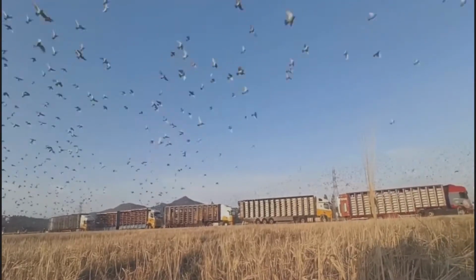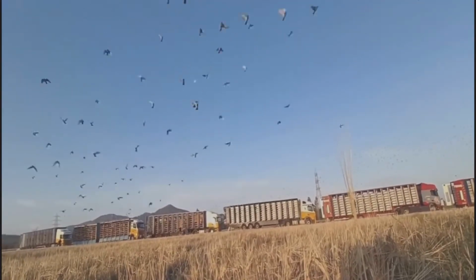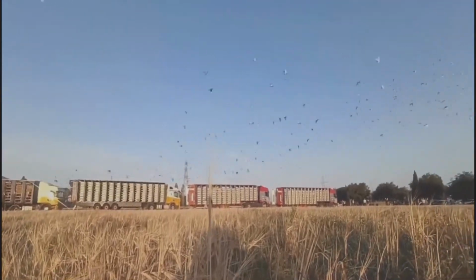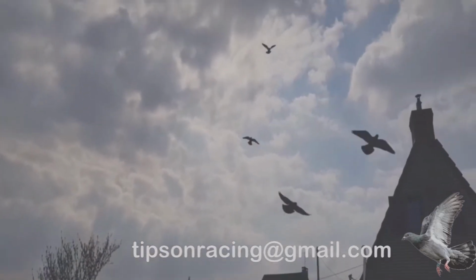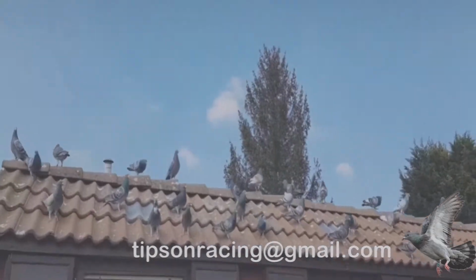1. Introduction to molting in pigeons. Molting is a natural and crucial process in the life cycle of all birds, including racing pigeons. It involves the systematic replacement of old feathers with new ones, ensuring that the bird maintains optimal flight capabilities and overall health. For racing pigeon enthusiasts, understanding and managing the molt is essential for maintaining a competitive edge in the sport. The molt is not merely a superficial change in a pigeon's appearance, it's a complex physiological process that affects